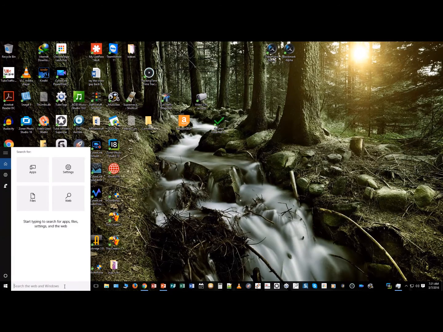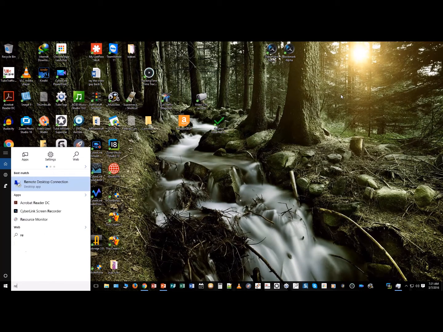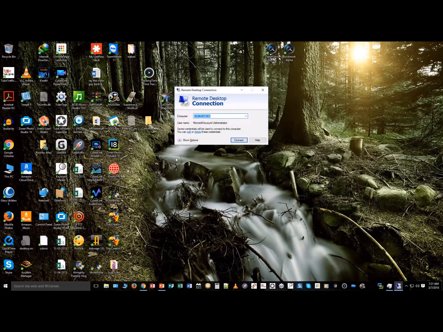We start by putting our cursor in the search bar next to the Start button, and we begin to type Remote Desktop. As soon as it comes up, we can click on the icon and we can immediately type in our IP address that was assigned. We'll then click on Connect,